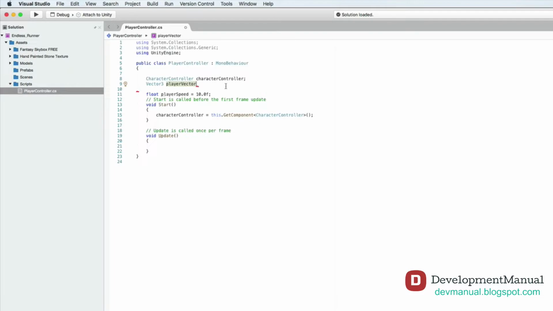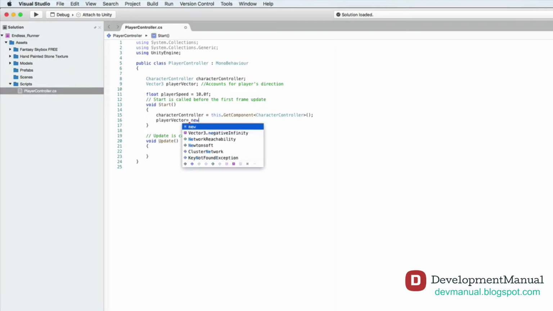Let's write a comment by inserting 2 forward slashes after the semicolon. Unity actually skips the green part of the line and it doesn't run it, so this is just for us to denote things that are worthy of remembering. Now we've just declared it, but we'll initialize it in the Start function, just like the characterController variable. Let's add a new line and type playerVector equal, and now I'm gonna assign a direction to it. So let's type new Vector3,